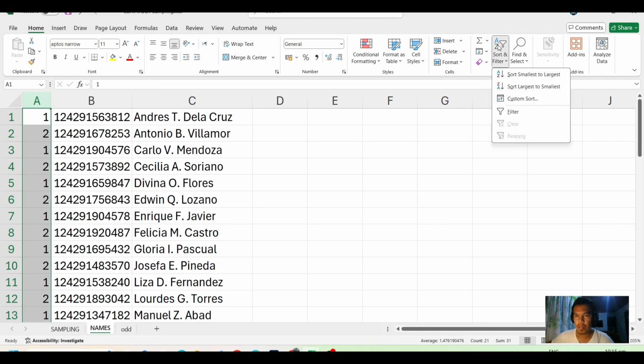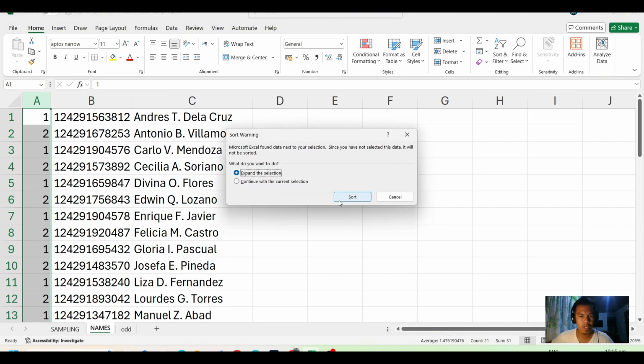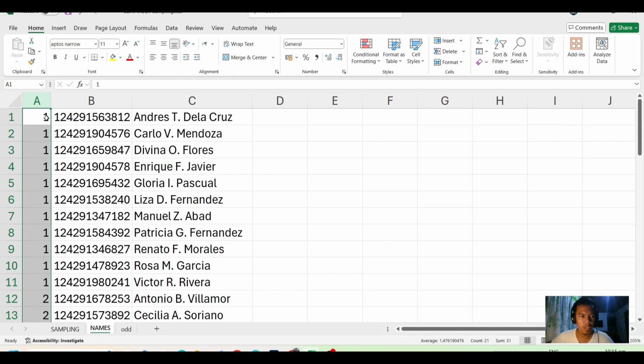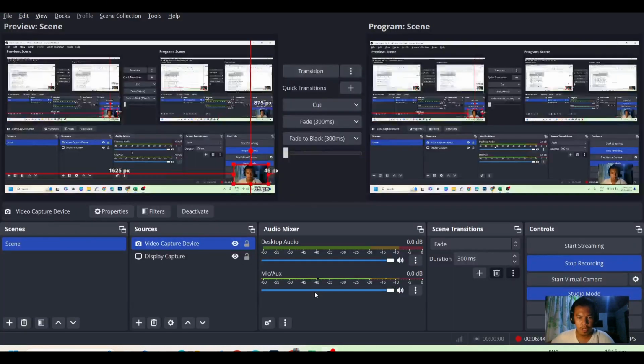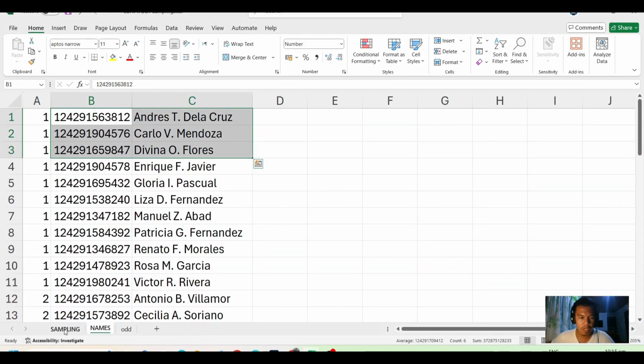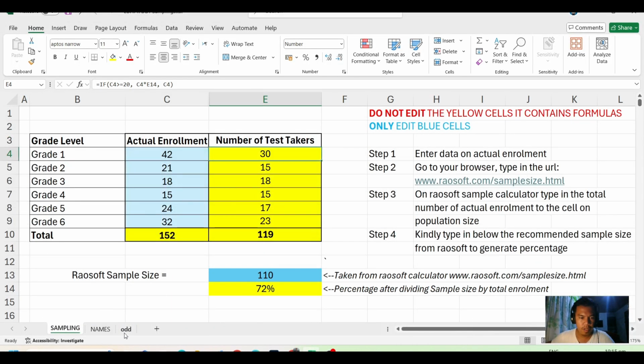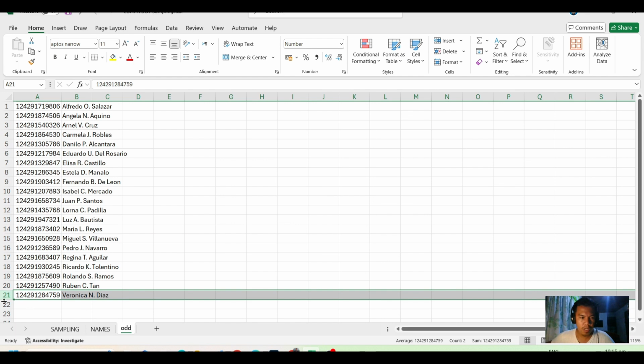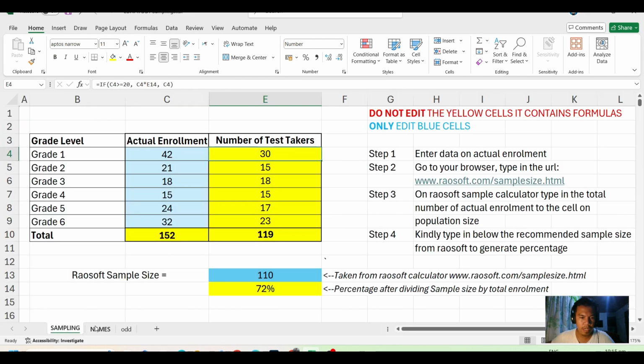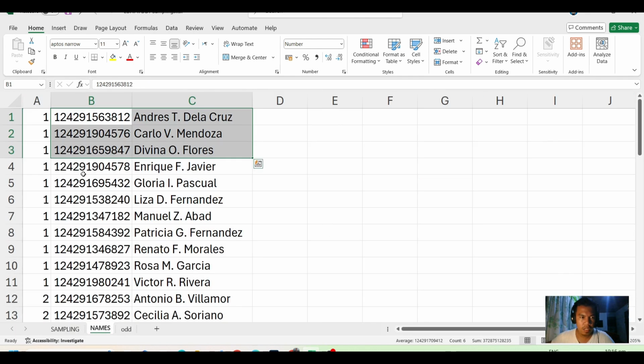We will sort this from smallest to largest. Automatically all the number ones, or the odd numbers, will be listed first. From 21, we will need 9 learners.